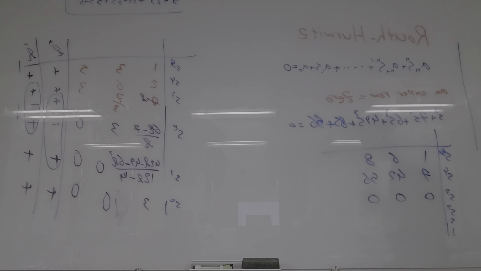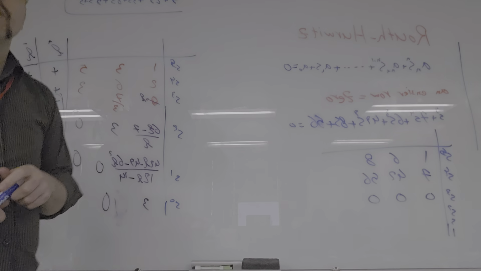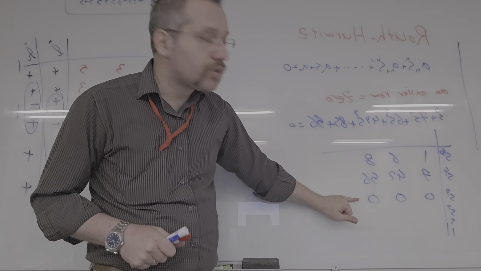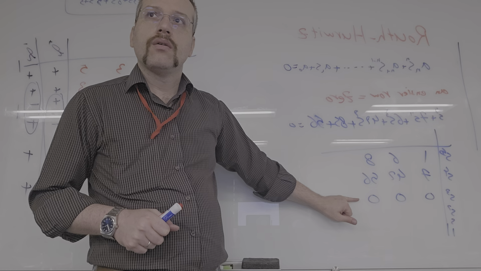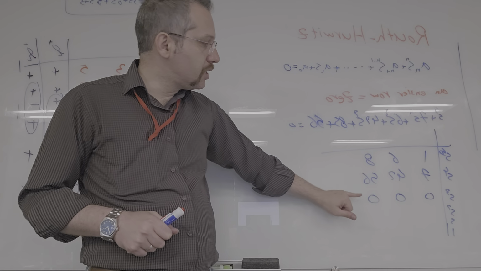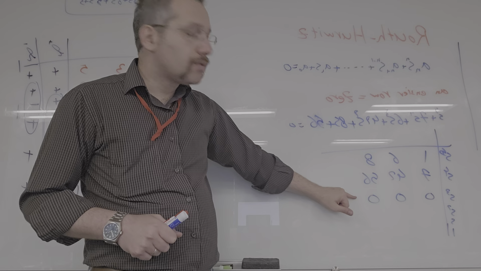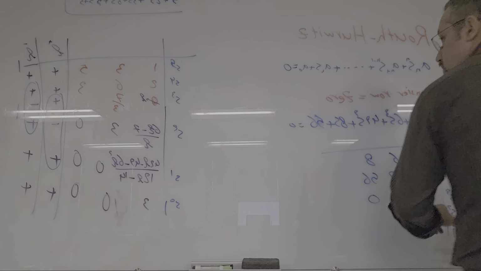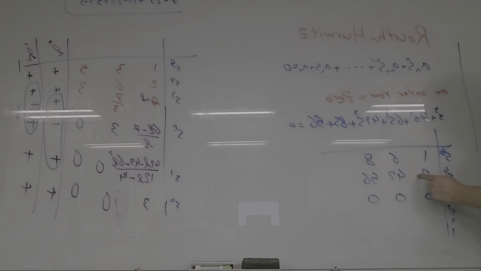And we cannot move from that point. Now, what we are going to do is the first row before the row 0. We use the same formula, so minus the determinant of this divided by 7. So this is 42 minus 42. Same goes here, 56 minus 56. So it's going to be 0. So we have an entire